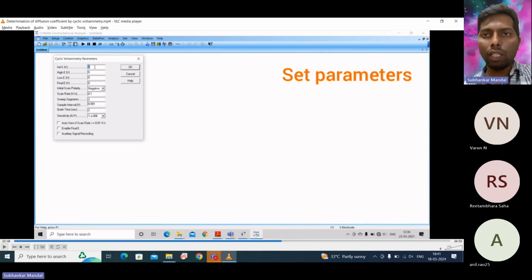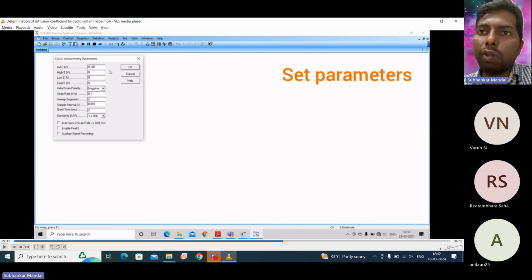Okay, then the other thing is the scan rate. Basically, the scan rate gives the information on how fast you want to apply the potential. The scan rate is in millivolt per second. Suppose 10 millivolt per second, that means you are applying 10 millivolt in 1 second with respect to your reference electrode. Okay, so here you can see the initial potential I am giving,